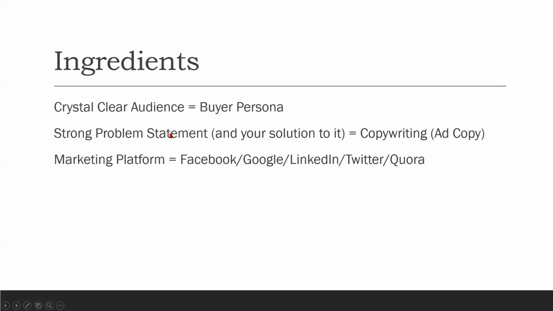The second most important thing you need is a strong problem statement. And I see a lot of people make a mistake here that